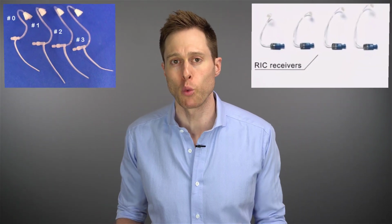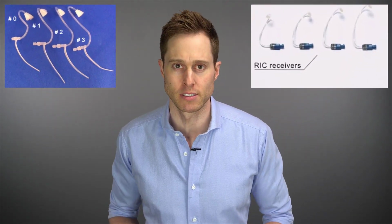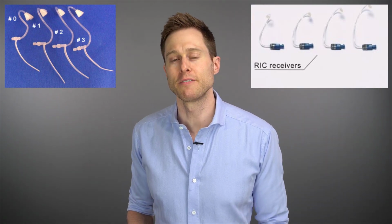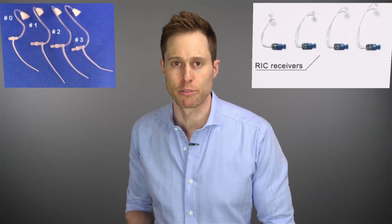The second corner that is really easy to cut is not ensuring that you have the appropriate length of receiver wire or tubing on your hearing aids. The proper length of hearing aid receiver wires or tubing is something that is very easy to ignore for a hearing care provider who likes to cut corners. But it is important to make sure that you have the right length of this wire or tubing because it will dictate how much retention you have, how much comfort you have with your hearing aids, and ultimately the microphone